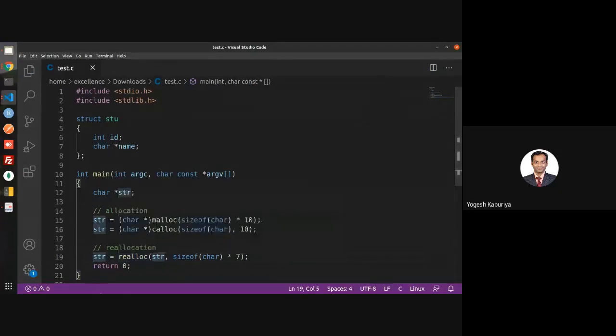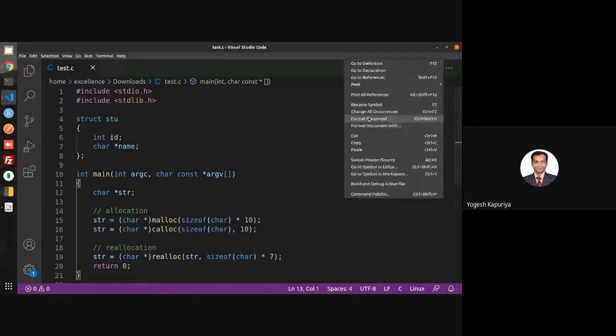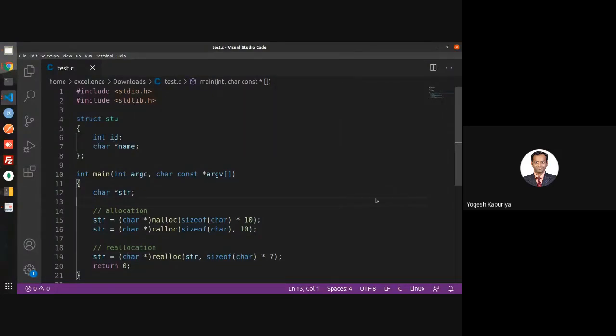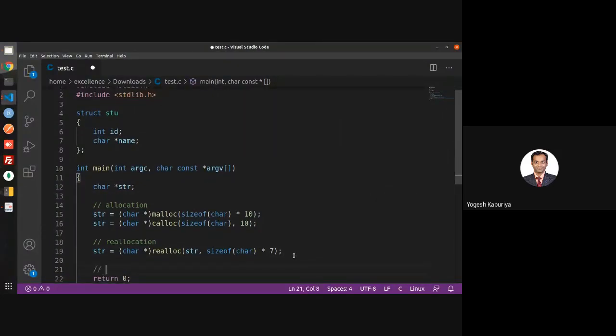It returns void. Void means that there is no need of this actually. I told you initially that I don't know the syntax, but this is the syntax. So the return type of realloc is void. The return type of malloc is also void, but then we initialize it to size. I think this has to be the same. Yeah, I think it's the same. Okay, so this is for reallocation.